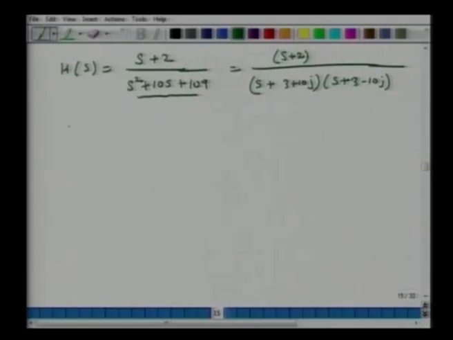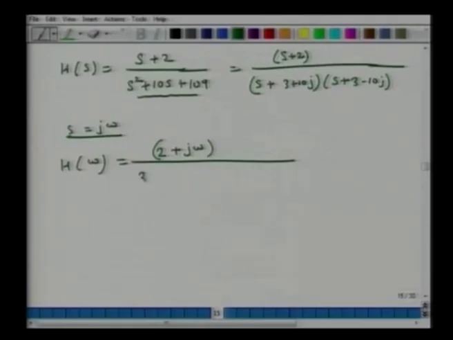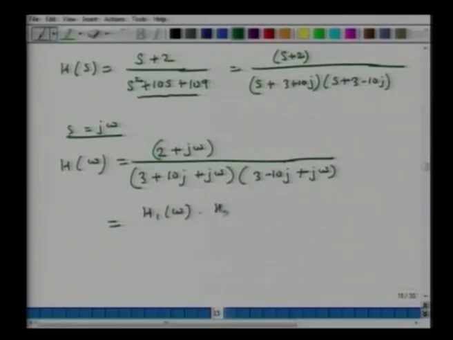So now I set s equals j omega. So my H, which is a function of omega, becomes (2 plus j omega) over (3 plus 10j plus j omega) times (3 minus 10j plus j omega), and this I can write as H1(omega) times H2(omega) times H3(omega),